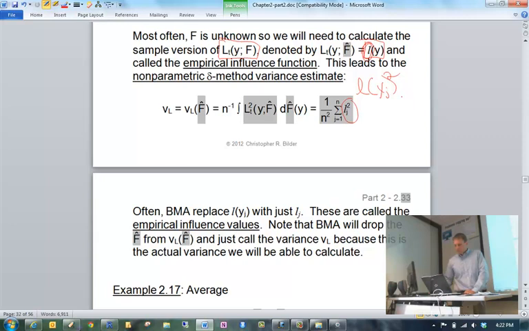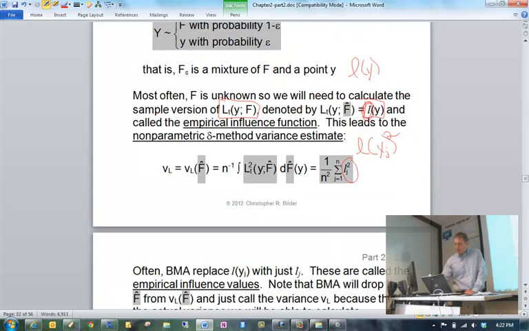Also, if instead of just having y there, I write this as L of y sub j, one particular observation in my sample, this has a particular name too. It's called the empirical influence value for y sub j. With this as background then, the non-parametric delta method variance estimate, which our book will refer to as V sub L, where the L emphasizes that we're making a linear approximation, is equal to